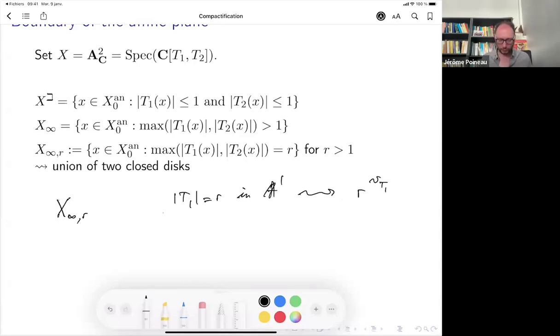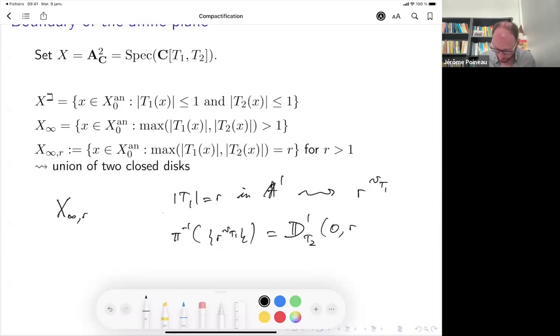And then the fiber over this point is just going to be some disk in the T2 variable. Okay, some disk of radius r.